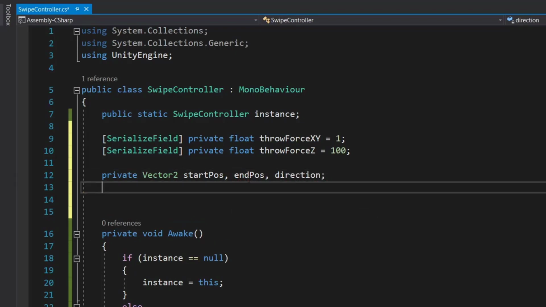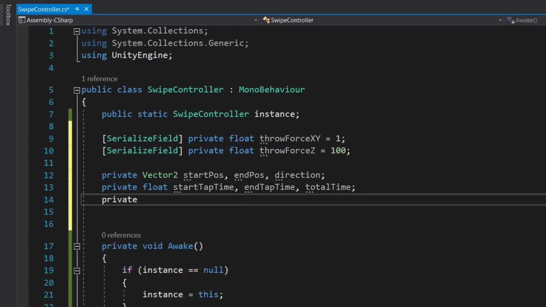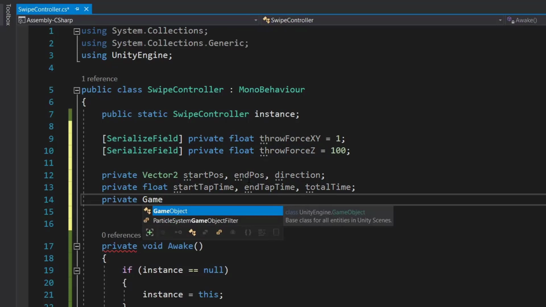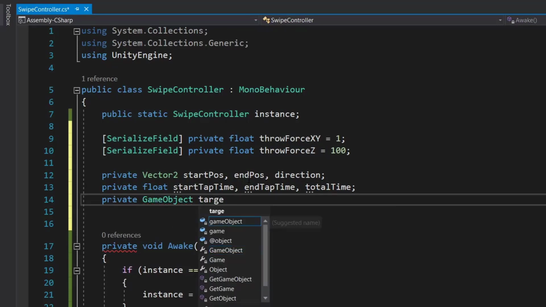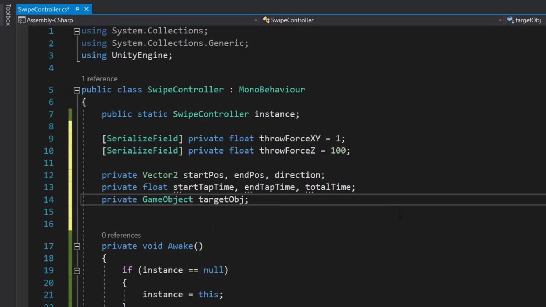Then we need a private float startTapTime, endTapTime and totalTime. The time we are going to use for deciding the magnitude of our force. Then we need a private GameObject targetObject. This is the object on which we will be applying our force.